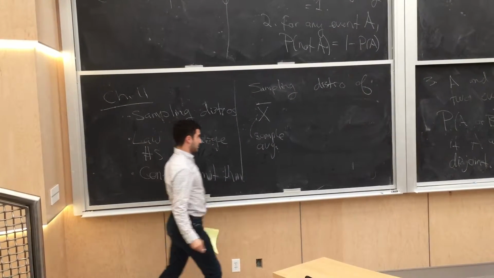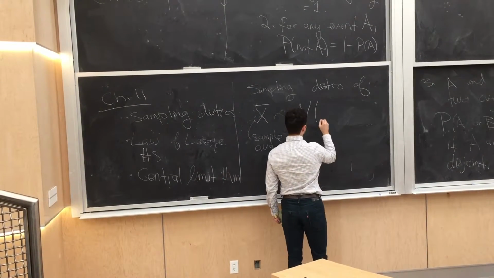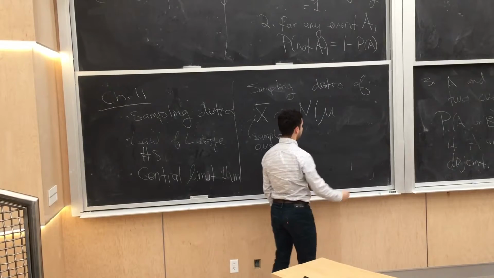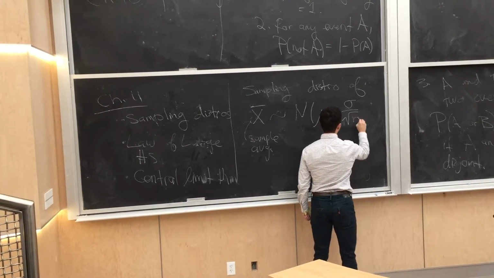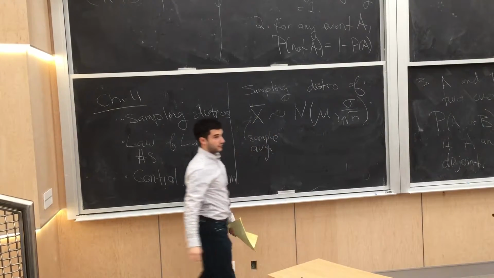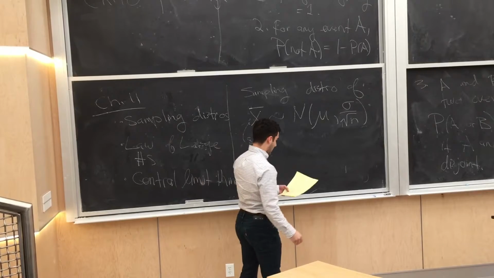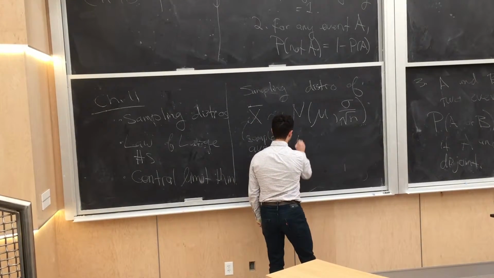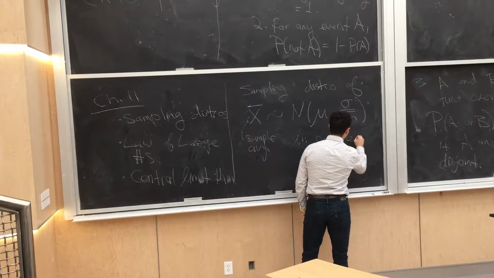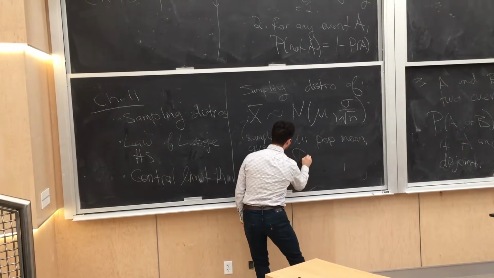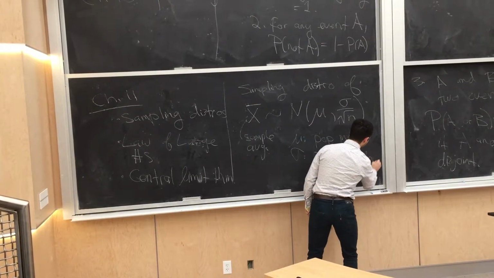And a distribution of x bar is a normal distribution with mean mu, and standard deviation sigma over root n. Okay, and so in this case, notice mu is the population mean, sigma is the population standard deviation,